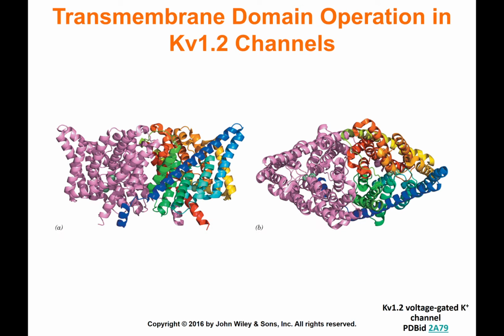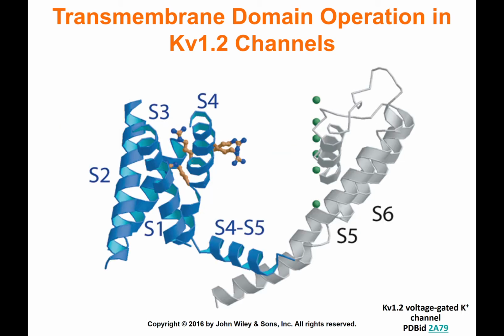Now, these potassium channels are going to have 2 different states. They have an open state and a closed state. So they're basically going to undergo a conformational change. What is going to lead to that conformational change, as we'll see in a little bit, is alpha helix number 4, shown right here. It's a little bit hard to see with this particular picture. Sorry, this is the picture the book gives. We've got an arginine here, another arginine,